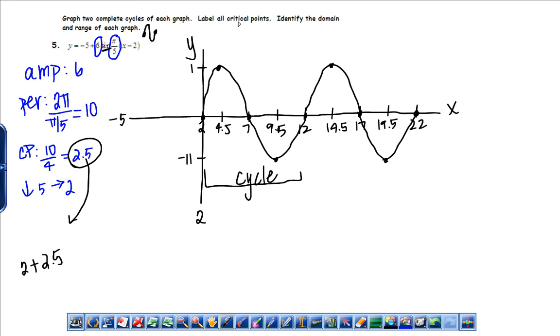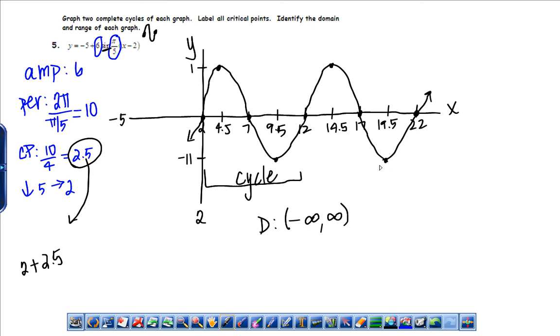Okay, it says label all critical points, which I did. Identify the domain and range. Okay, domain. Domain starts at 2 and goes to 22. Now, realistically, I can keep going this direction, and I can go this direction. So I'm going to say my domain is negative infinity to positive infinity. And you can say that on every one of them because I'm just taking a section of my graph, but